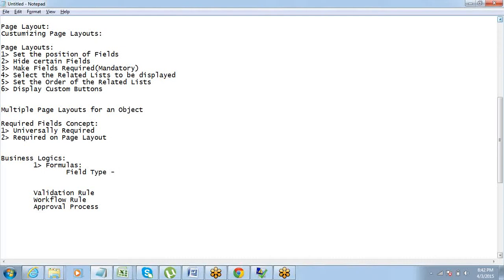So it's more like any formula cell that you create on an Excel spreadsheet. So that is what we have in formula fields. You can put a formula, and that formula will get calculated and the value will get populated based on the calculation. So you don't have to manually enter the values.